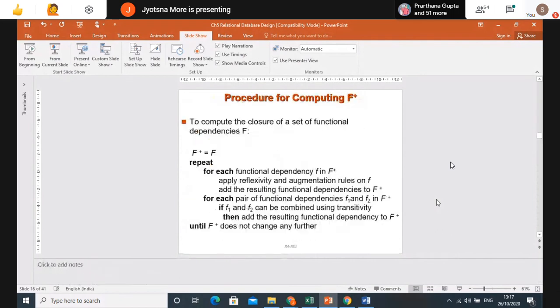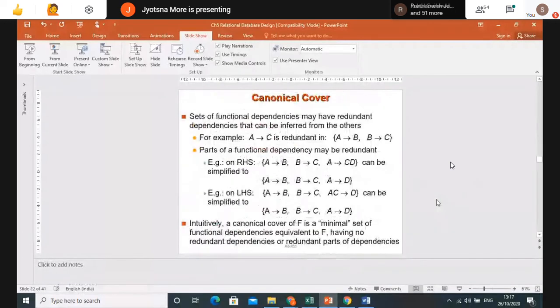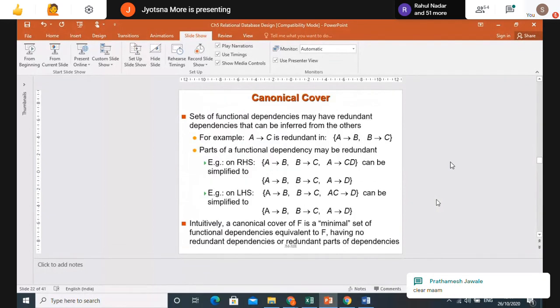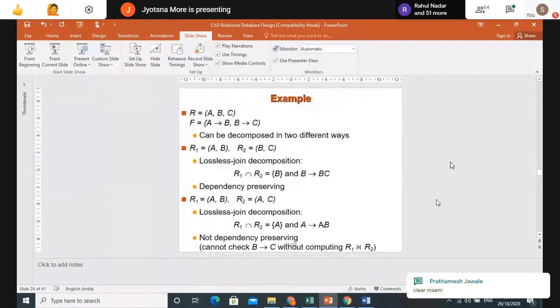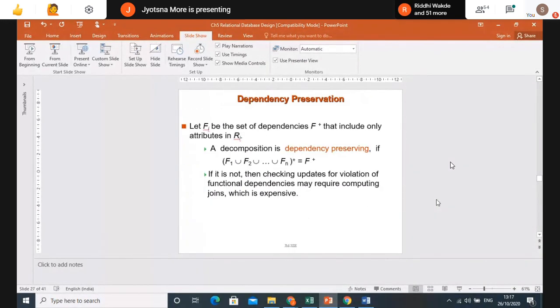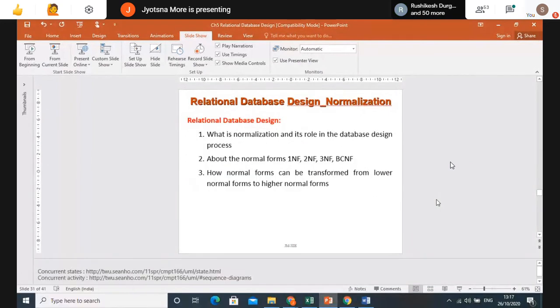Functional dependency, is everybody clear? In the next lecture, we will cover the extraneous attribute in a simpler way. I will explain it properly with the screenshot of my solution, and then we will cover canonical cover, lossless join decomposition, because this is asked in the exam, and we'll solve some problems based on that, and dependency preservation. Till here we will cover in the next lecture, and then we'll not go for normalization; we'll go for sums based on functional dependency. So don't miss the next lecture. It is very important, because in the exam a sum is usually asked compulsorily on functional dependency.